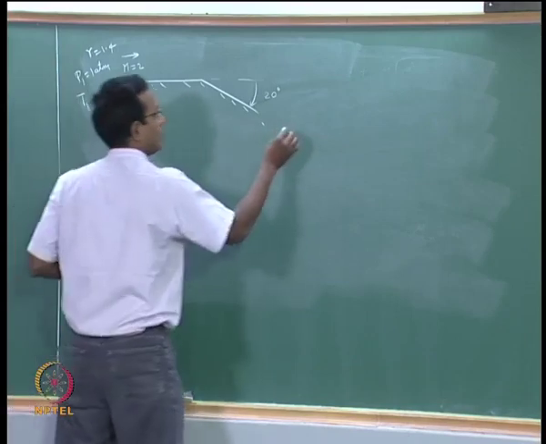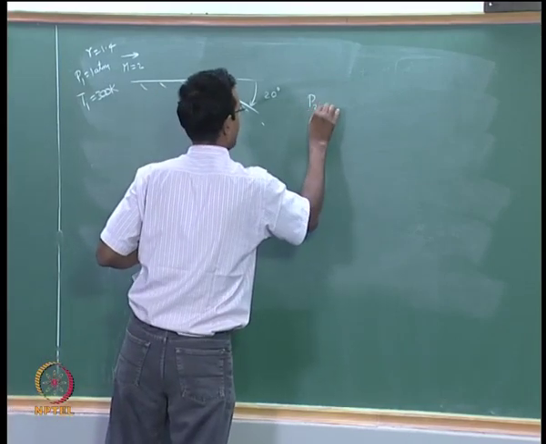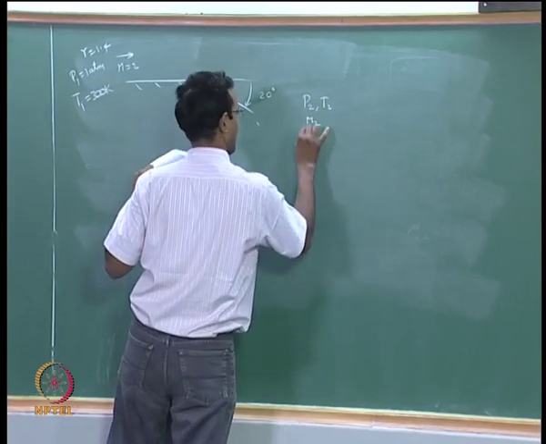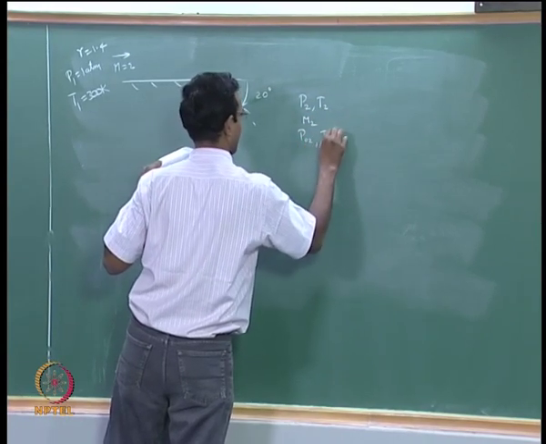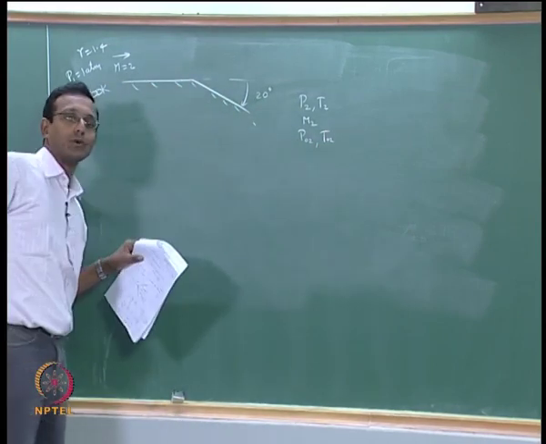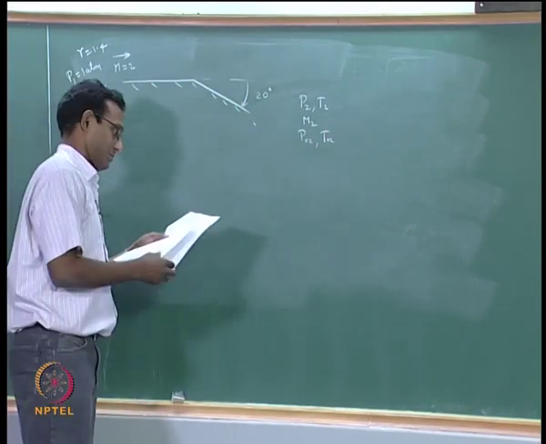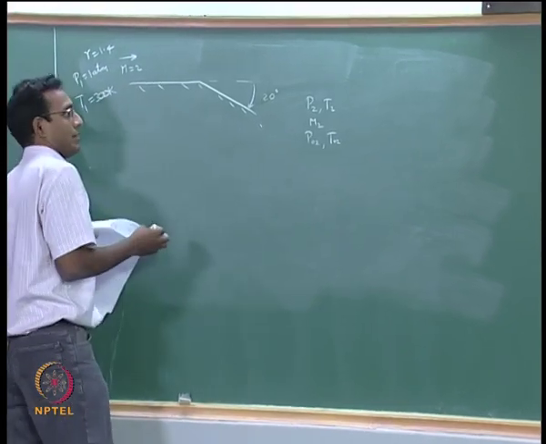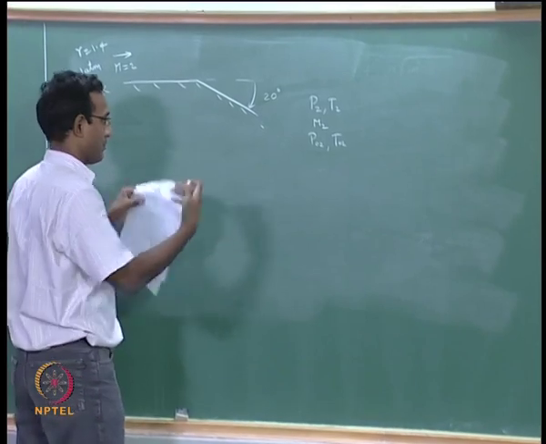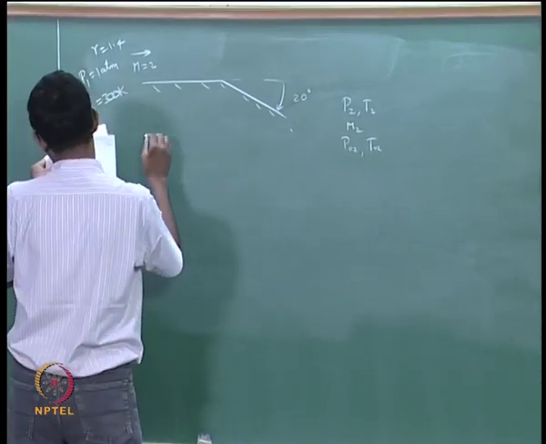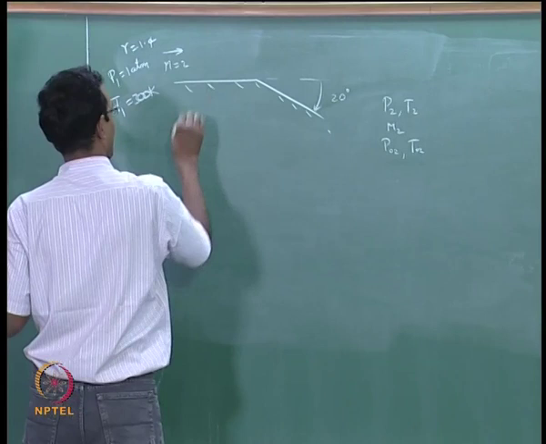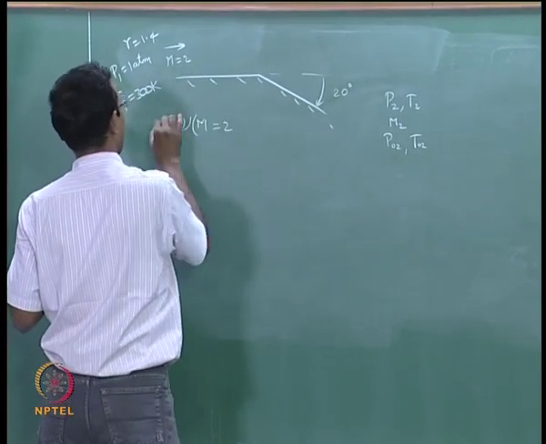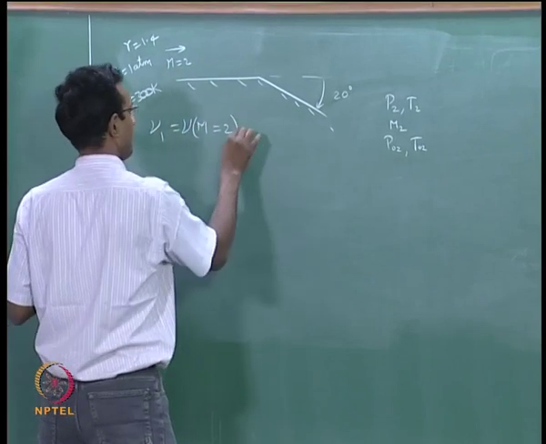Now we are told to find what will be the final pressure, temperature, Mach number, standard things, every property that is needed, P02, T02, everything. We want to find all the properties. Okay. So how will I do this? It is exactly the same procedure as what we did just before this board, which was find the local Prandtl-Meyer angle, nu at M equal to 2, this is my nu 1.